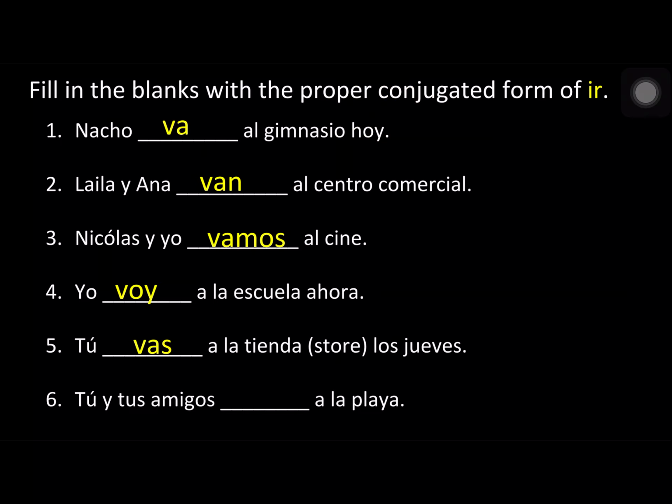And the last one, tú y tus amigos, you actually have 2 options here. Whenever you say you and your friends, you're talking about more than one person. It's like saying y'all, or the you plural form. So you could do van or vais. Van for ustedes, which means you plural, and vais for vosotros, which also means you plural. But remember, most of the time, vosotros is going to be used in Spain. So tú y tus amigos van a la playa means you and your friends, y'all go to the beach.